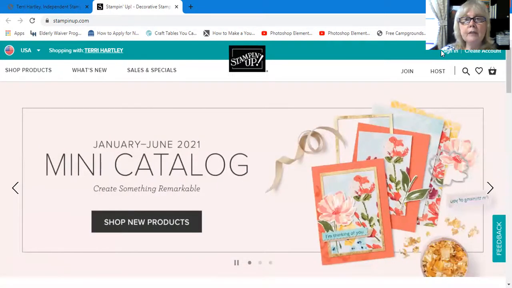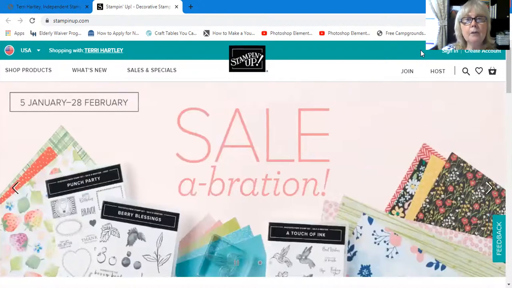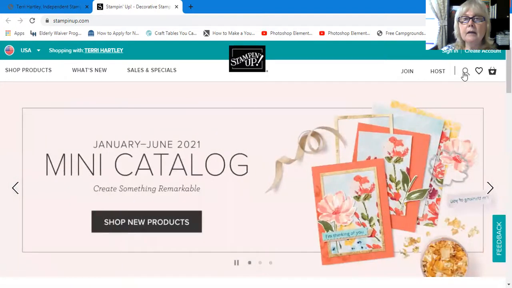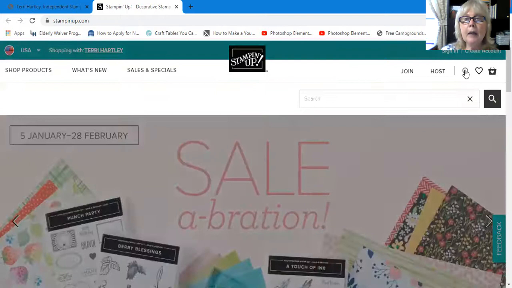So you don't have to sign in and you don't have to create an account. You certainly may, but we're going to just do this as a guest. Okay. So I'm going to go over to this magnifying icon right here. I'm going to click on that because